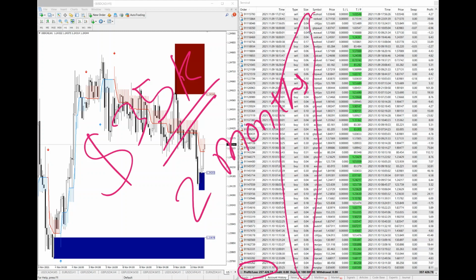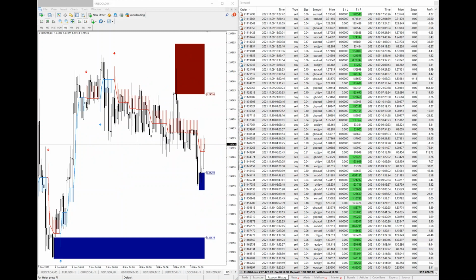So as you can see, this is the whole history of this account, and the account statement will be provided to you in the description below. You can click on the link over there and you will be directed to the OneDrive where you will see the statement. So let's now move on to the statement of this account and check and verify if the previous data are different or the same.